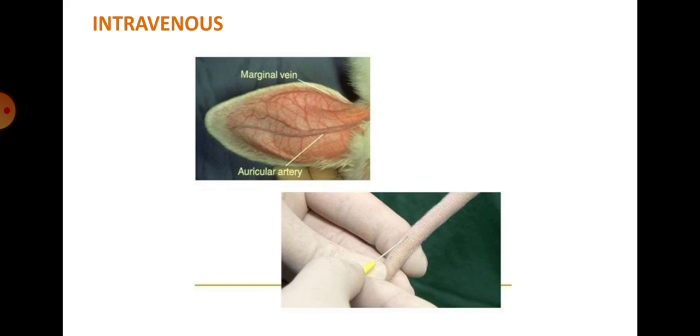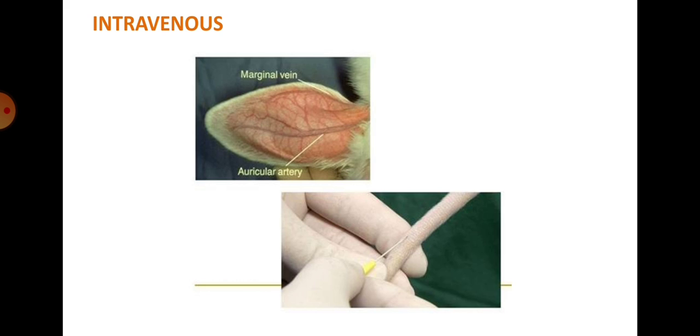So next is intravenous injection. Intravenous, that is IV, is nothing but directly inserting into the vascular system through a vein. It is the most efficient means of delivering substances to animals because it bypasses the need for solute absorption. It's technically difficult, and the use of a restraining device of appropriate size for the animal to be injected is often required. It is performed in mice and rats.